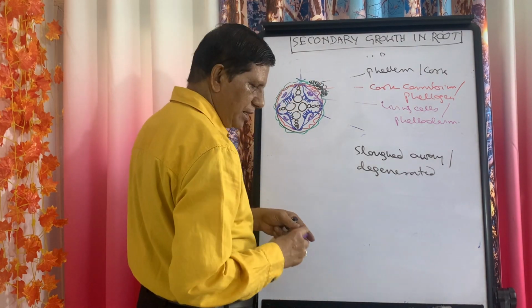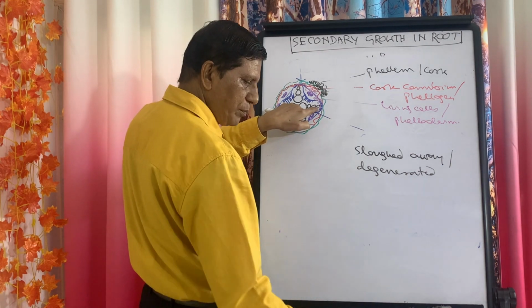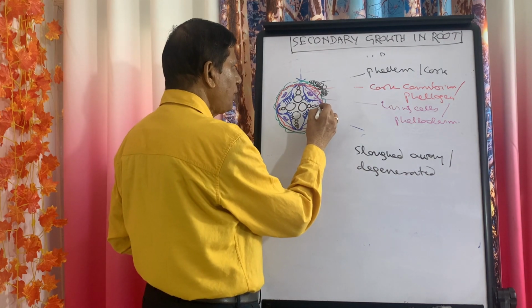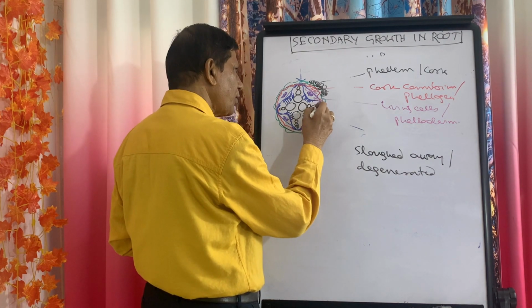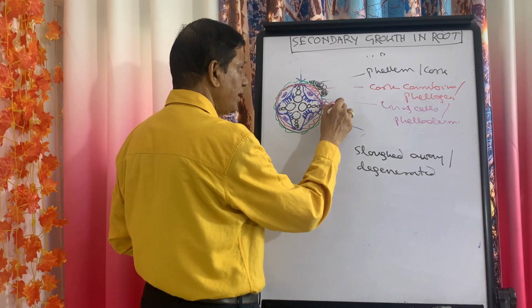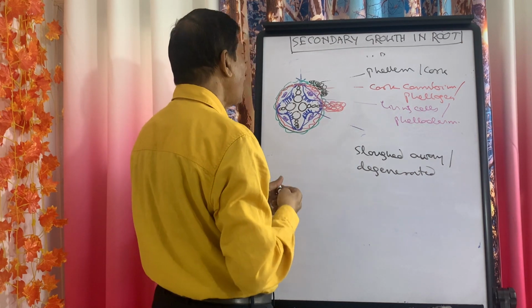Now this is the protoxylem, and outer to the protoxylem the pericycle is present. The pericycle just opposite to the protoxylem becomes very much active and meristematic,